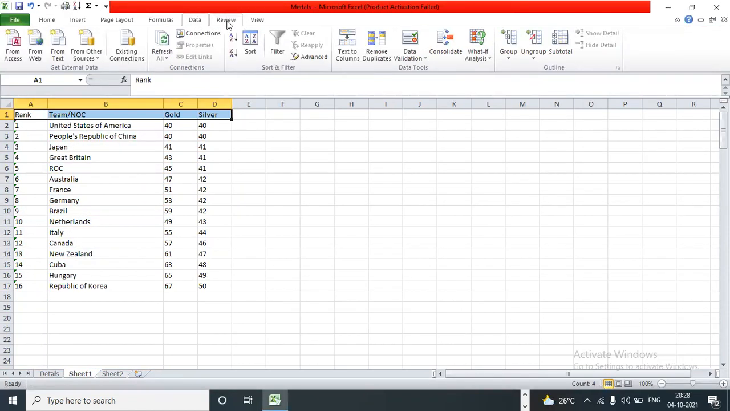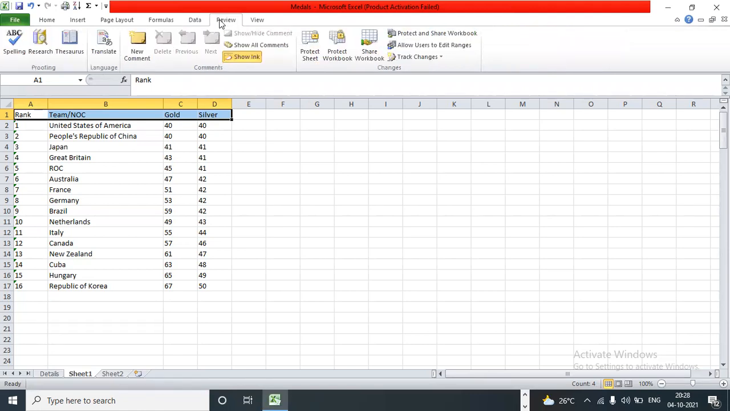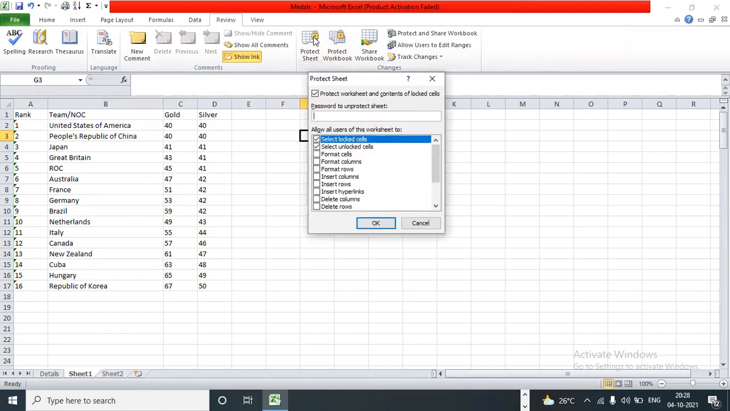So now going to the next one. There are a lot of options. We'll come to each and every option in coming classes. Coming to the review. Suppose you have done something. So this is protect sheet. For example, if I protect this sheet and if I give some password,